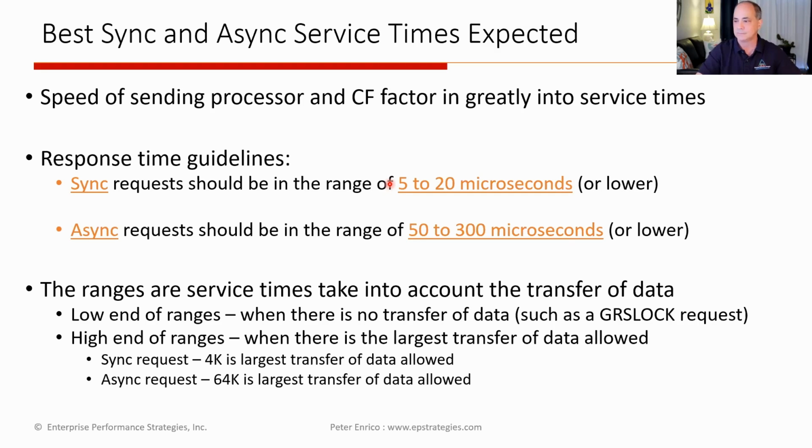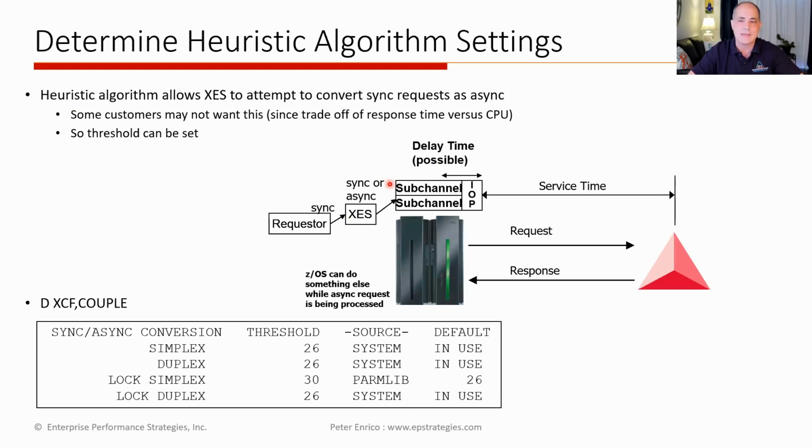Now, I will say that synchronous requests are very, very expensive. That's why we're always going to be interested in them. But sometimes a requester who makes a synchronous request will change that synchronous request over to an asynchronous request. And it does that, what we call, heuristically. And all heuristically means is that it's a self-learning algorithm, or another way of putting it is SES is going to constantly be